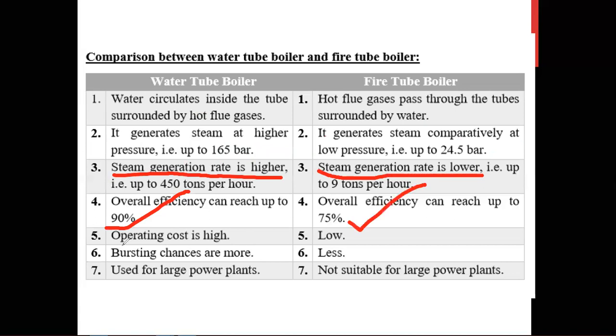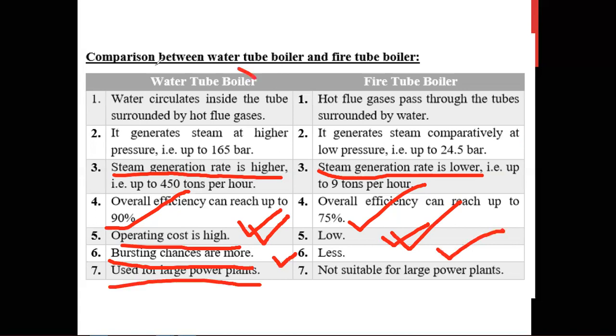The operating cost is high in the water tube boiler because it has so much hot flue gas in the whole chamber. That's why the operating cost is high, and in the fire tube the operating cost is low, because it is used for small or medium power plant. Bursting chance, that means risk factor, is much more here in the water tube boiler, but the risk factor is a little bit less in the fire tube boiler. And last but not the least, we already told that the water tube boiler is used for the large power plant, and the fire tube boiler